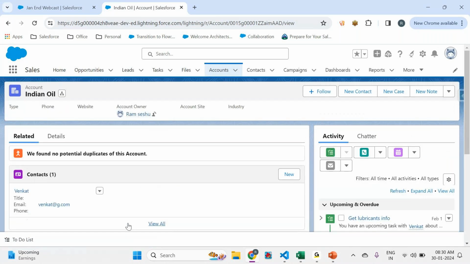Now, let's say Indian Oil, it's from Bangalore. So Venkat bought the cars, things are done. Now Indian Oil Delhi also wants to buy the cars from me. Is that possible? Yes, provided I can supply there, right? But for Indian Oil Delhi, will Venkat be my contact again? May not be, right? Maybe someone else. Neha might be the GM over there, so she might be connecting with me, right? As Indian Oil is a company, it can have multiple people working for it,